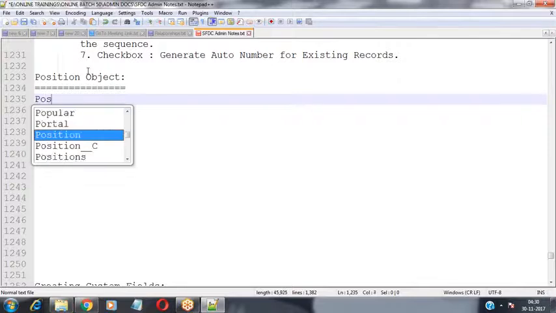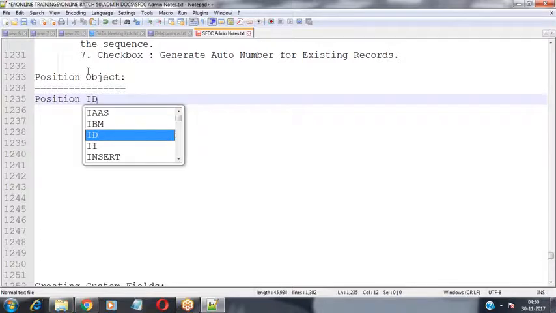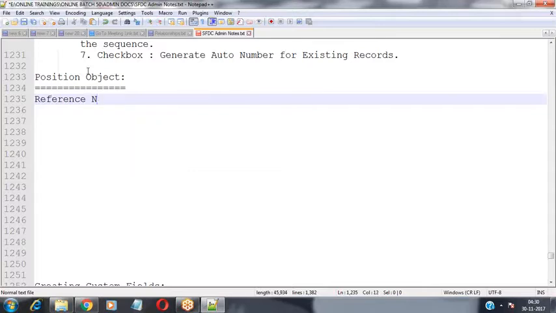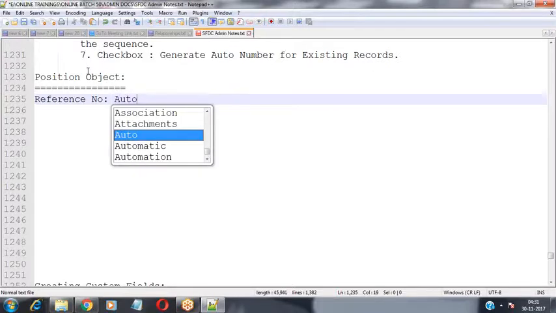For each and every position, I would like to have a position ID, nothing but a reference number. Now what data type do we need to use for this column? Reference number is nothing but some position ID. Salesforce allocates an 18 character ID for each record in every object, but remembering that 18 character ID is very difficult. So I would like to have a shorter ID. For that, I would like to use an auto number.